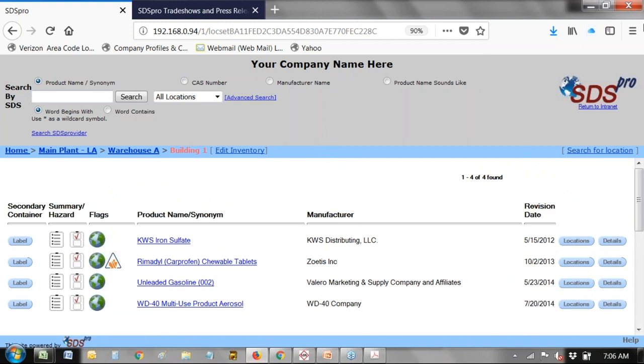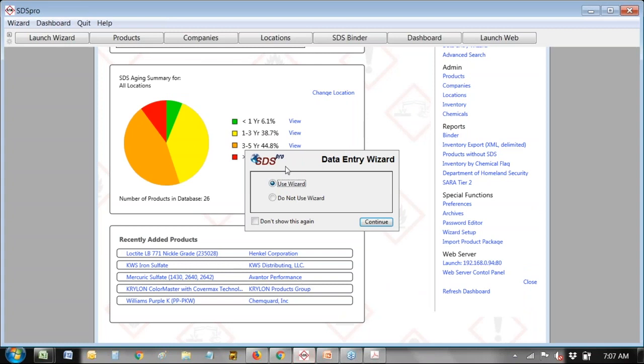Now I'm going to move over to the employee interface, where we're going to add an SDS sheet and actually show you how to make that end result happen, enter some data, and show you how easy that is, and how easy it is to get updates and reports, print a binder, stuff like that. We probably have about 10 to 12 minutes left. I'm going to be wrapping up, so I'm going to have to move along fairly quickly, but I can do that. So I'm going to flip over here to the